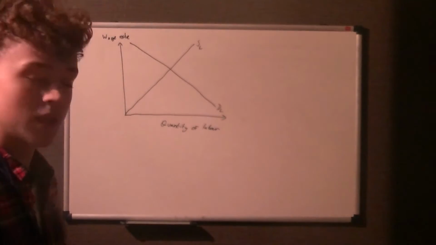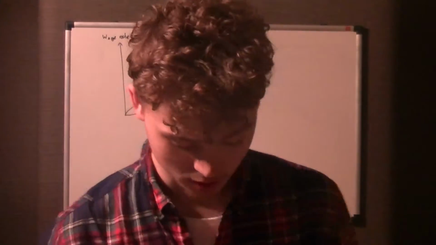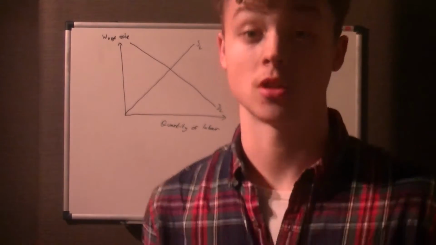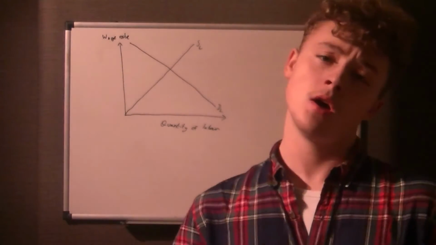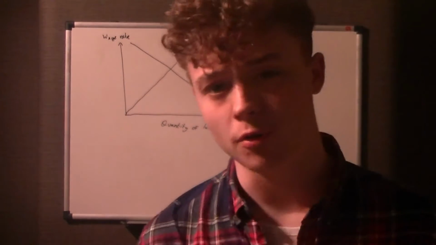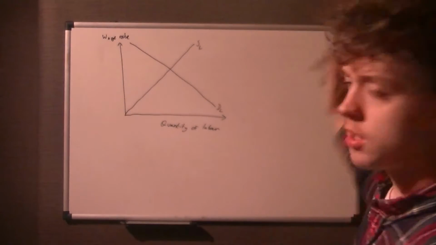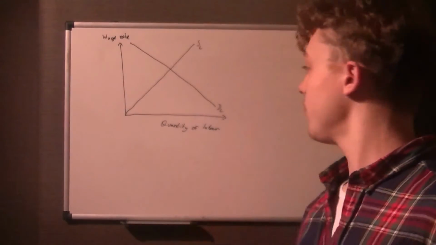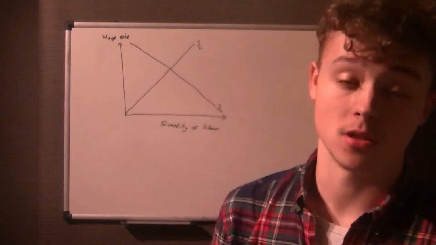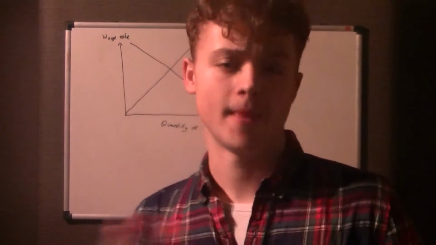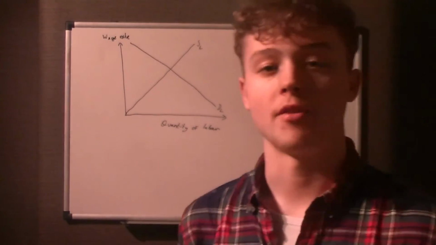Now, if you think about it, it is quite self-explanatory. The suppliers are the firms, the hirers, the users of the labour force, not in that way, but in a way. So you've got your suppliers and they want to pay the lowest wage possible because the lowest wage will mean the lowest cost and highest profit. The other way around for the demand for labour, that is in terms of the workers. Now they will want to work for the highest wage they possibly can get so they can have a higher